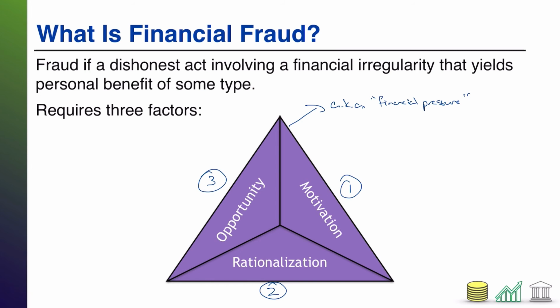But to the extent that you would have an opportunity to steal that money, let's say, oh, it doesn't require you to physically get in the vault. It simply requires you to adjust some records such that money that eventually comes out of that vault and goes in the company's bank account winds up transferring to your bank account, right? Now you've got opportunity, and so that allows you to commit the fraud. So there you have it, three pieces of committing fraud: motivation, rationalization, opportunity. Without any of the three, fraud won't happen.